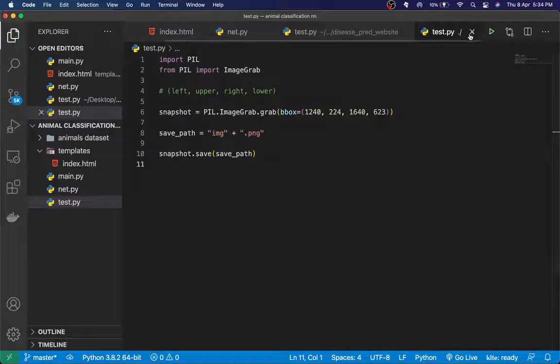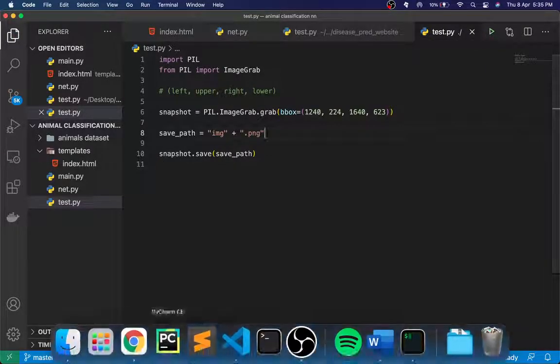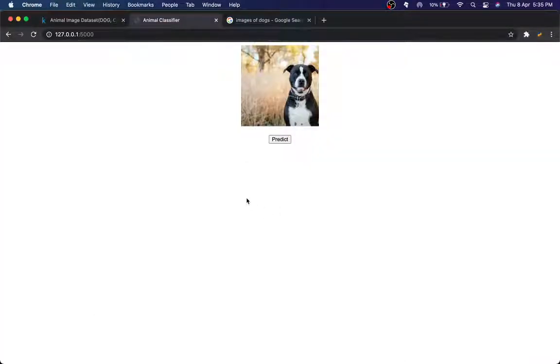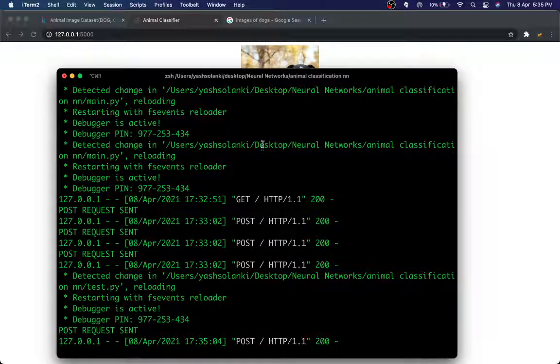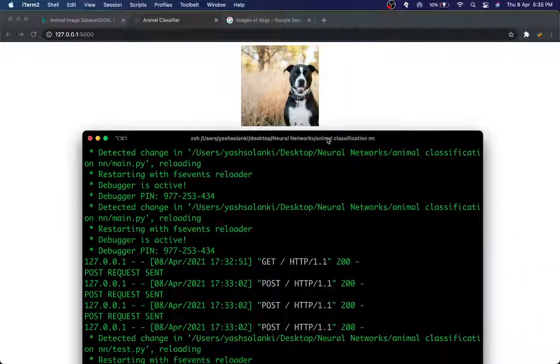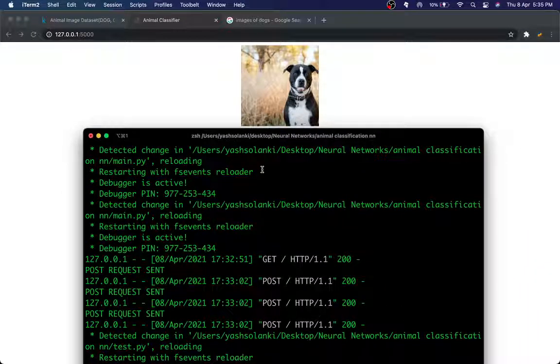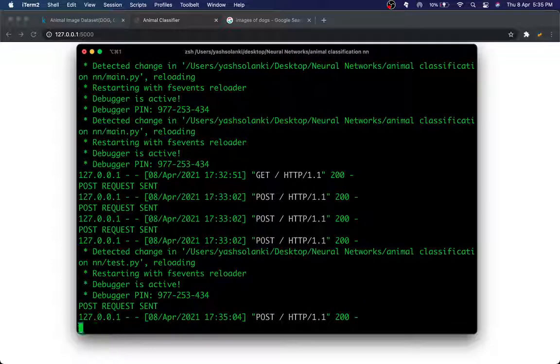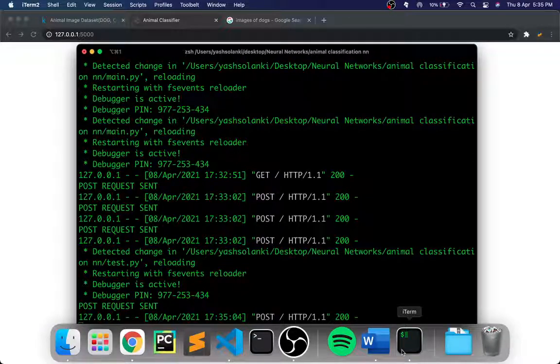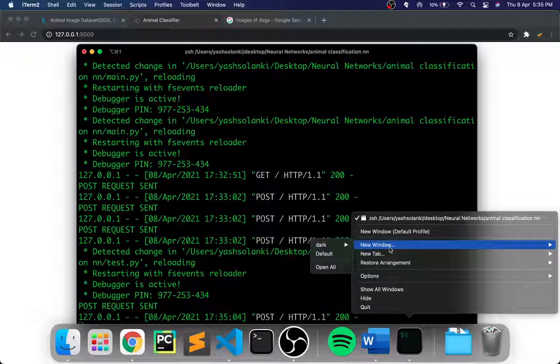So now that I've done that, basically what I'm going to do is head on to my Google Chrome, reload the page, and let me show you what happens. First of all, let me get my iTerm window just below this image over here, and I will simply run the Python. Actually, I cannot run the command obviously. I will need to have a new window. So I will have another window,